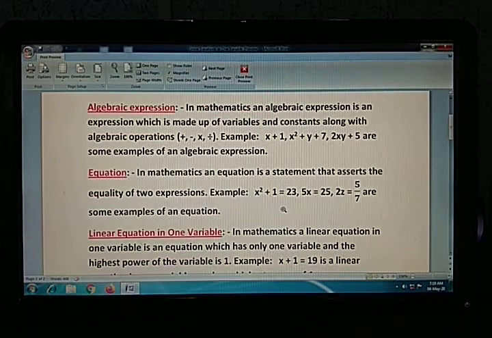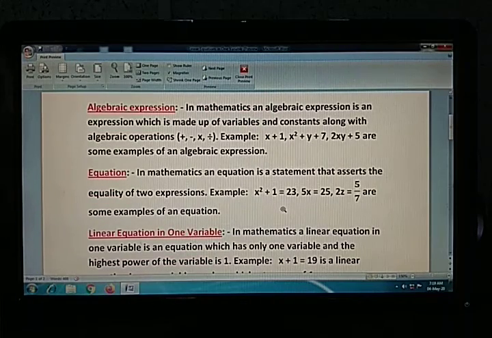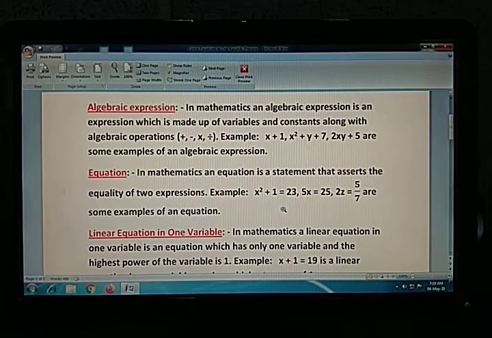There is a fine difference between an algebraic expression and an equation. So let us see. In mathematics, an equation is a statement that asserts the equality of two expressions. So we already came to know what is expression. So in an equation there will be two expressions followed by an equality symbol. So we can see here